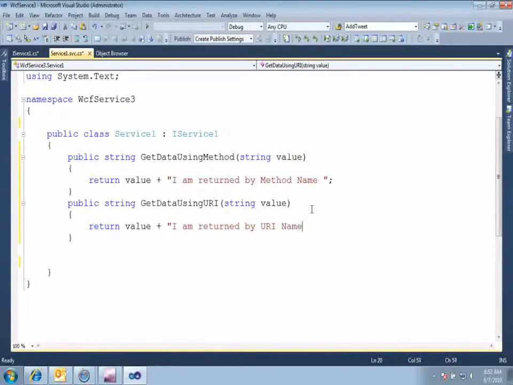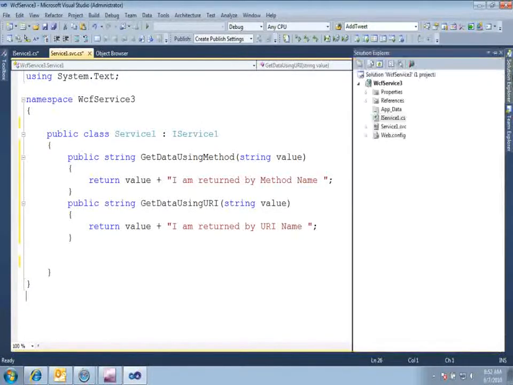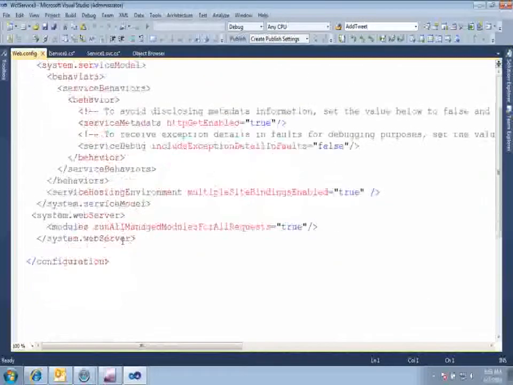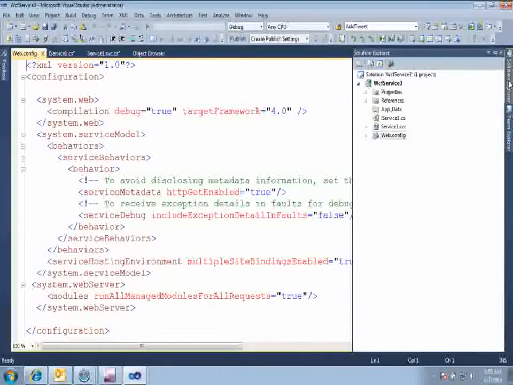Fair enough. Now since we all know that to implement a WCF REST service, the binding available to us is WebHttpBinding. So there are three ways you can create a REST service. The first way is that you can configure the endpoint here in your web.config. The other way is that you can configure the endpoint in a host in a console application and host your service as a REST service in a console app.